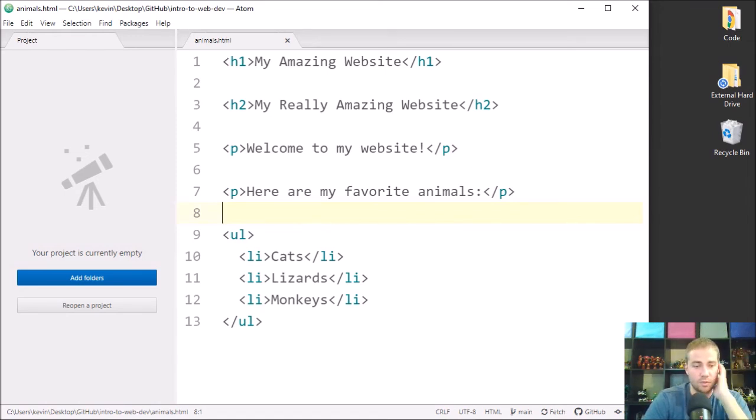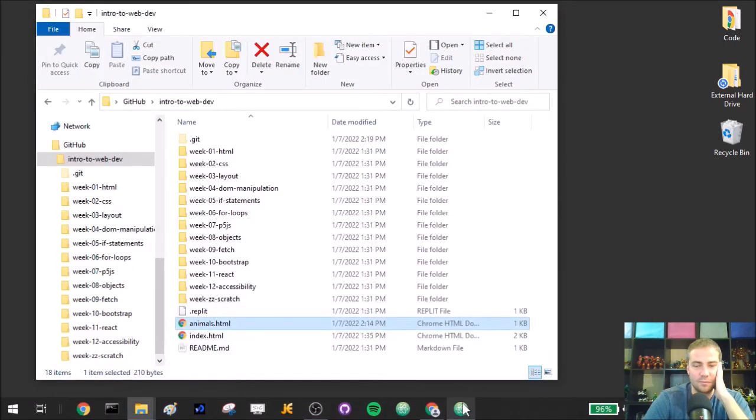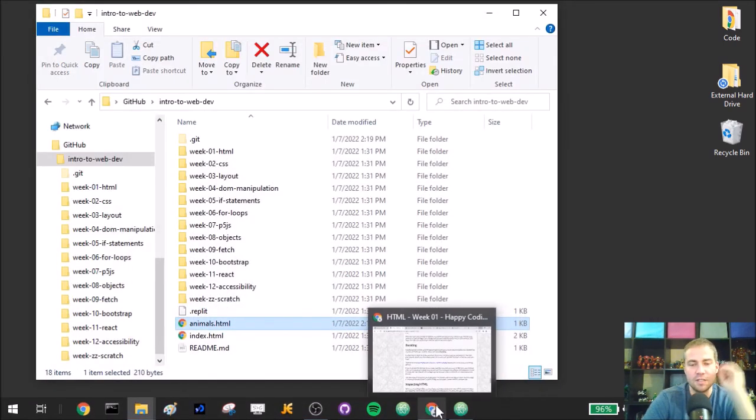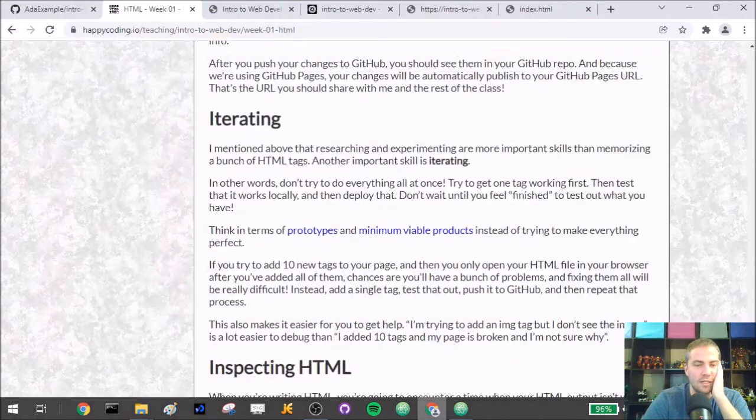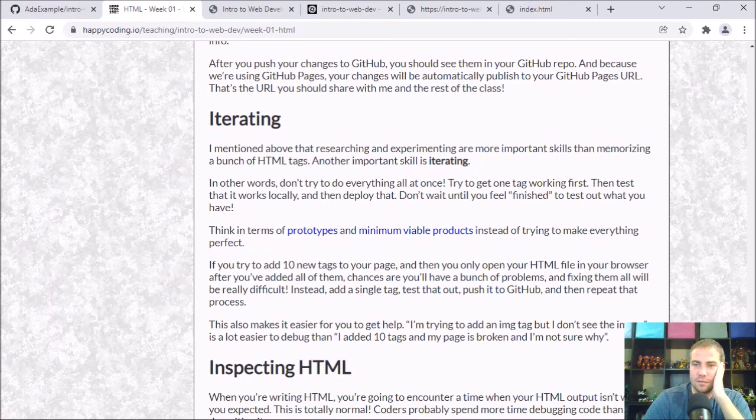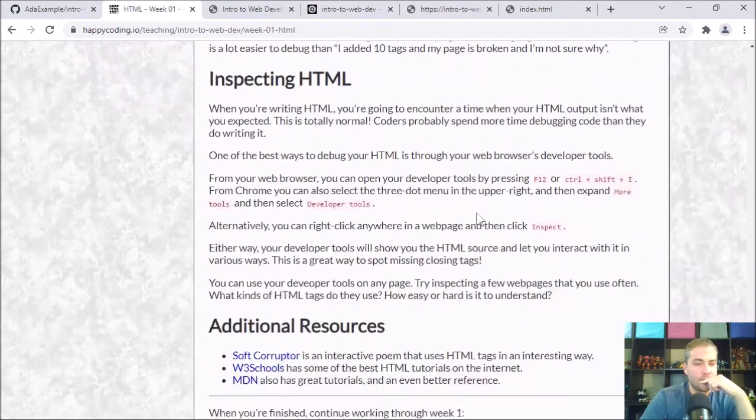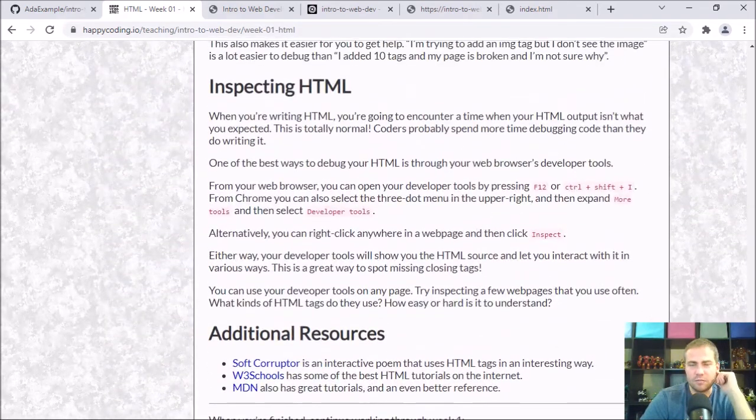That's one of the most important things I can teach you, right next to researching and reading through documentation and stuff. That's the most important thing. Second most important thing is work in small pieces. And way down here is what to type, the syntax of HTML tags and whatnot. All right, I'm not going to get too preachy there, but I just really encourage you to iterate in small pieces. Okay, and then the very last thing I want to talk about is kind of related to that, actually,